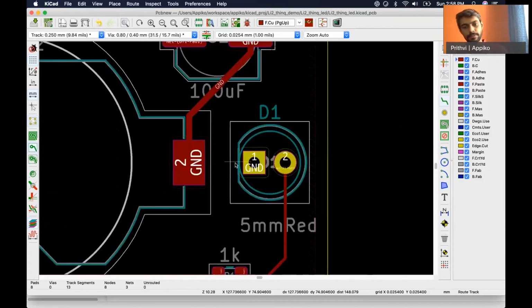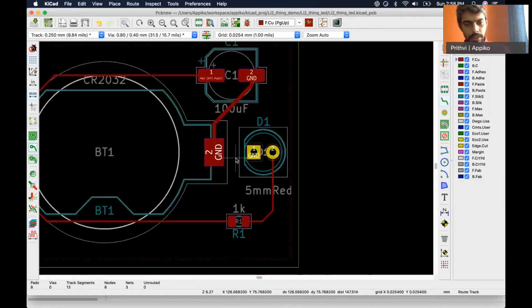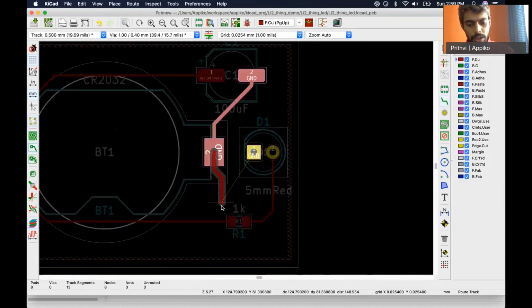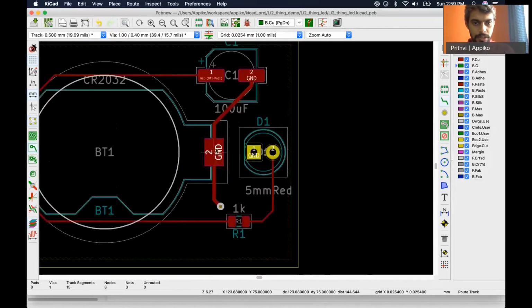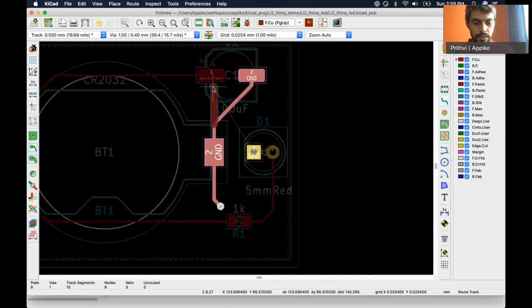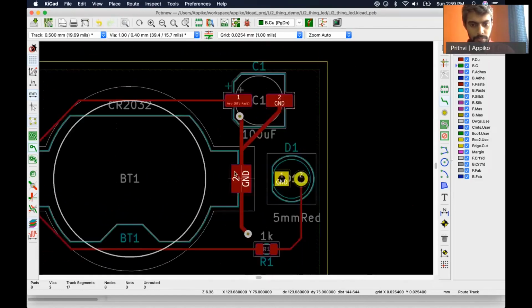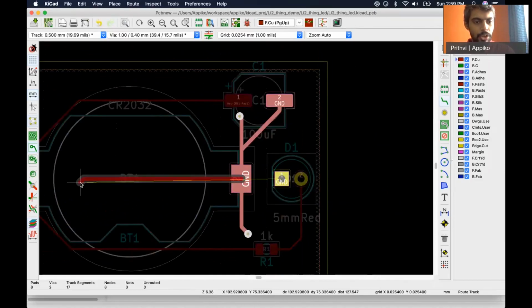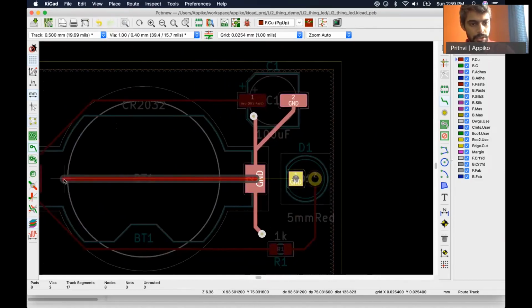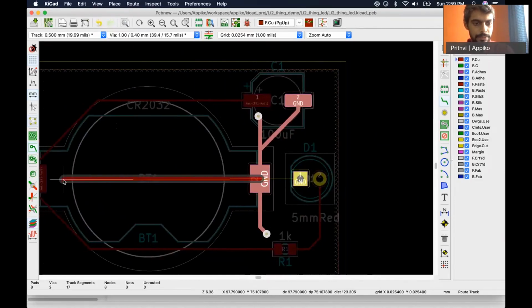Now we can add wires to various places of the PCB. I'm still using X to draw the routes and then V to add a wire.